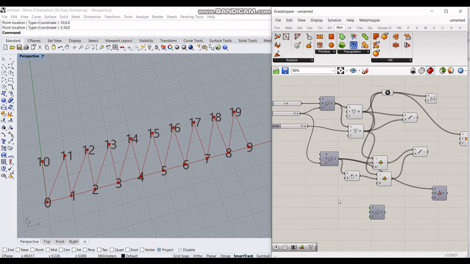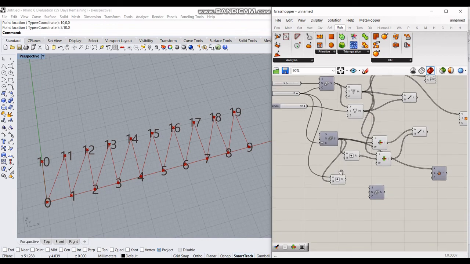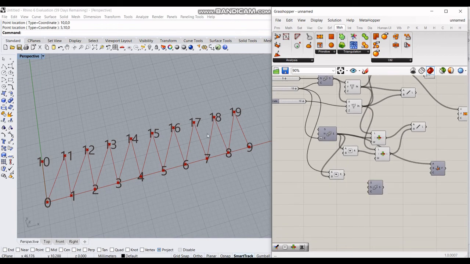Now to add 10, we'll use an addition component, and the 10 comes from the number of points arranged here, which corresponds to this. So if you make it 8, it will be 0 plus 8. So we'll use this itself to add, and this series. So what we get as a result is 10, 11, and so on till 18, and that will be our second index.